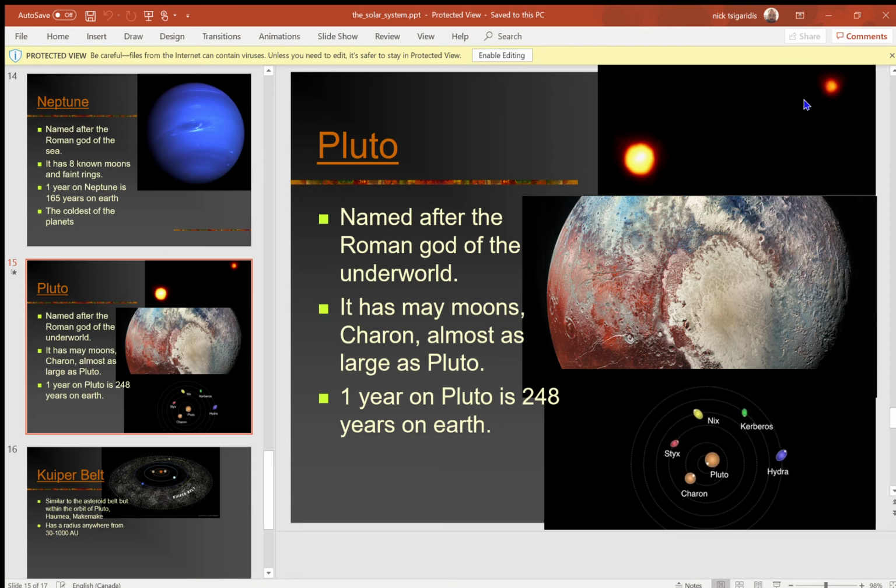It's kind of blocked by this, and I don't know why I can't move this thing. But in any case, another red dot here. When you look at that, that's actually Pluto and its moon Charon. And then you go to the next picture here, and you see that Pluto actually has a spectacular look to it. This picture was taken by the New Horizons spacecraft, which actually passed by Pluto in, I